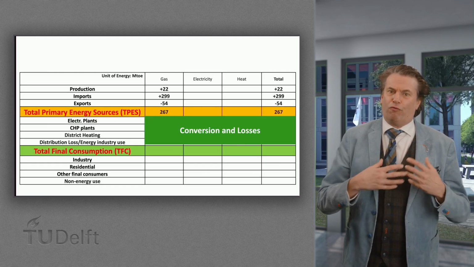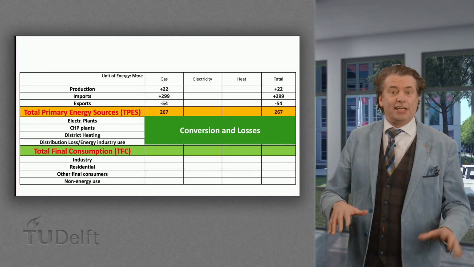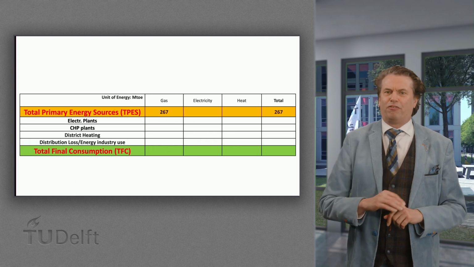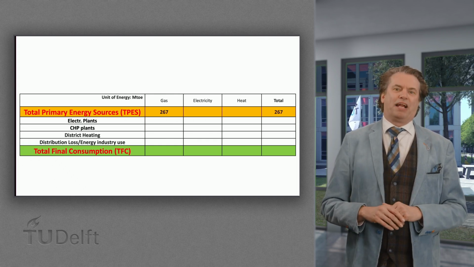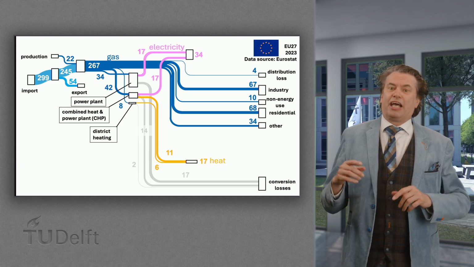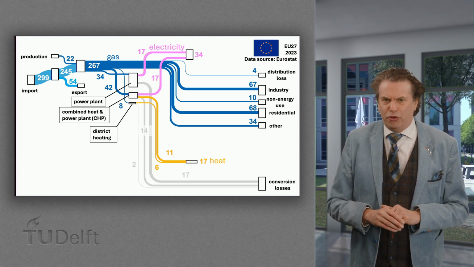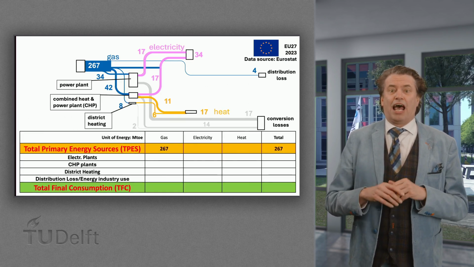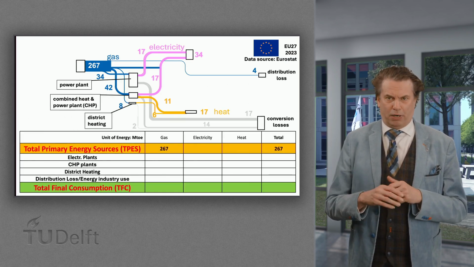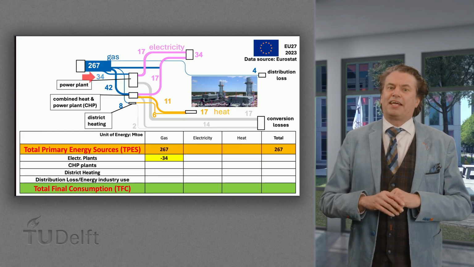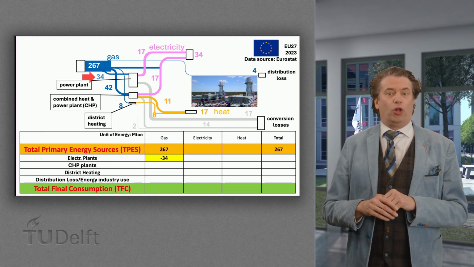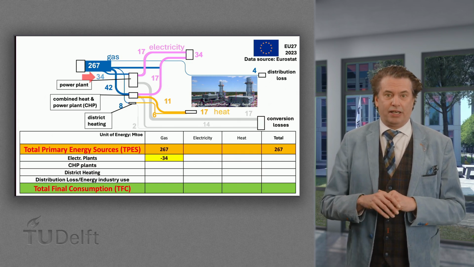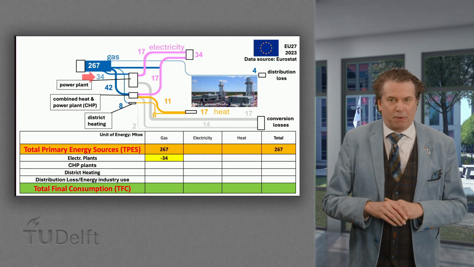Let's move to the conversion of the primary energy carrier gas into the secondary energy carriers. Or in other words, the middle section of the matrix that makes the energy balance. If you consider again the energy value chain for gas within the European Union's energy system, conversions and losses are visualized by this part. The red arrow indicates the 34 megatons oil equivalent of chemical energy in gas, which is utilized to generate electricity in electricity plants.